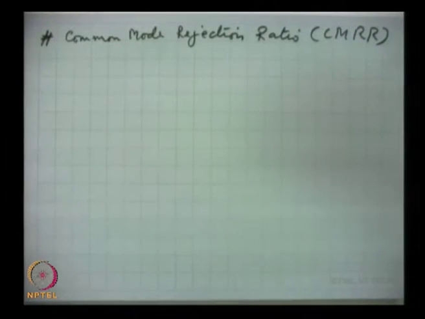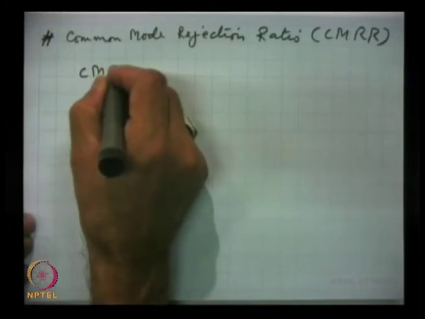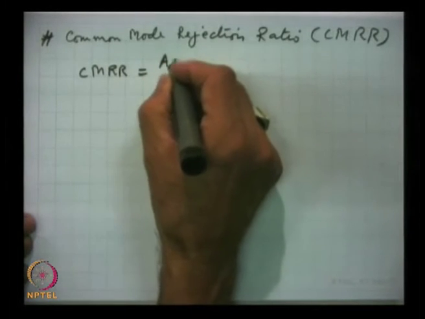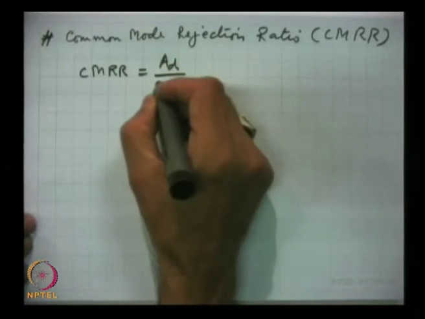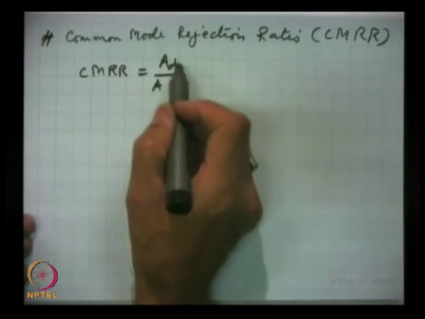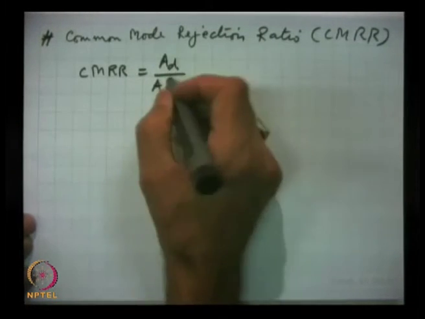This we have talked about when we talked about the differential amplifier. CMRR is defined as the ratio of the gain in differential mode and the gain in common mode,